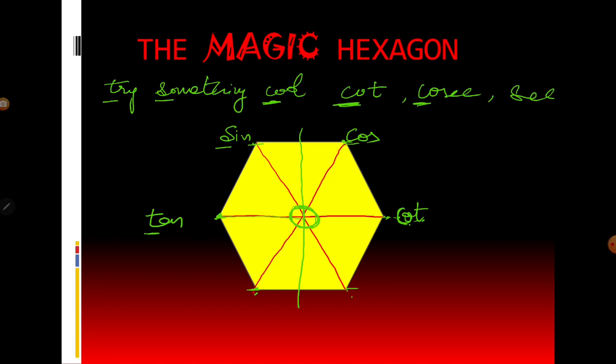Then what is left? Which co-function is left? Only cosecant. So we'll write cosecant here, as all the co-functions are on the right side. What is left? Only secant. So this function we'll write here. By using all these functions, we'll get our super hexagon. So from a simple hexagon, we write different functions at the 6 corners. After joining the opposite vertices, we get 3 diagonals and we write 1 in the middle.